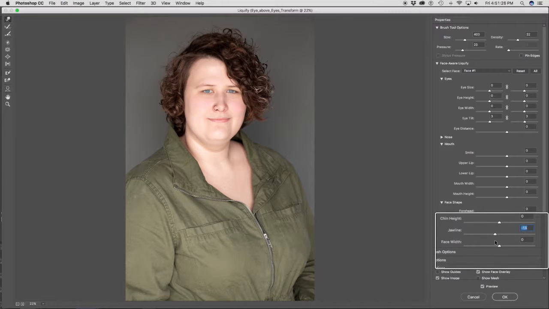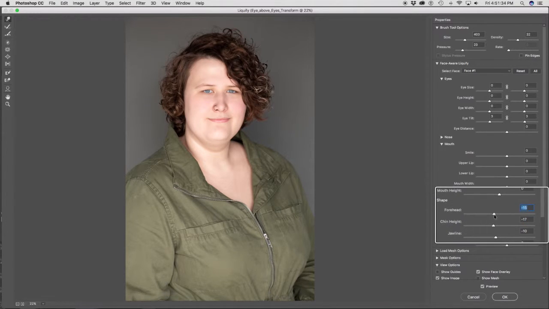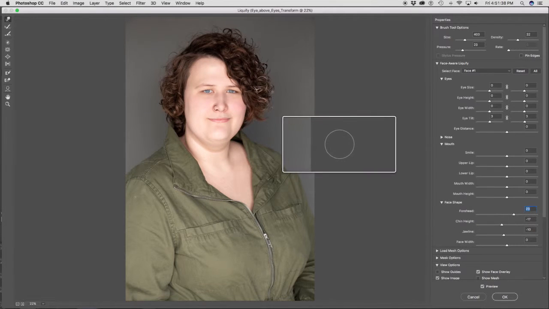And maybe we'll just change that just a touch. And the chin, so we can do all sorts of incredible things with this filter. And that's all I would do. I wouldn't do anything else to it because we have to maintain the integrity of the person's face,